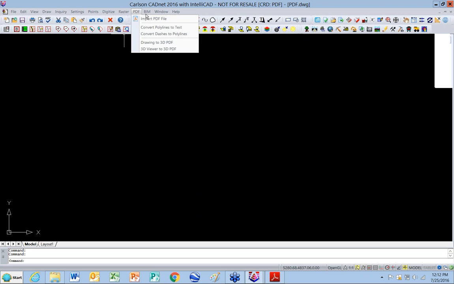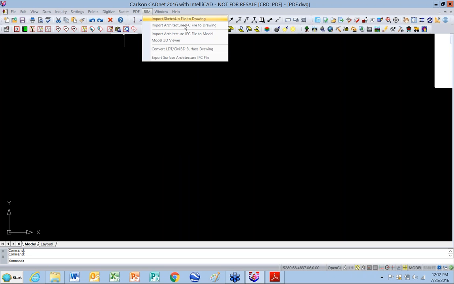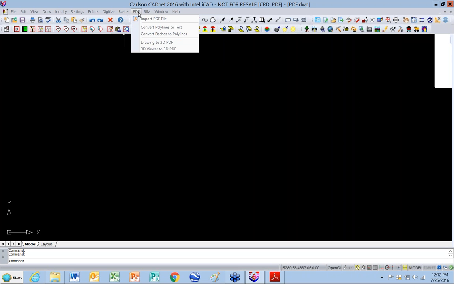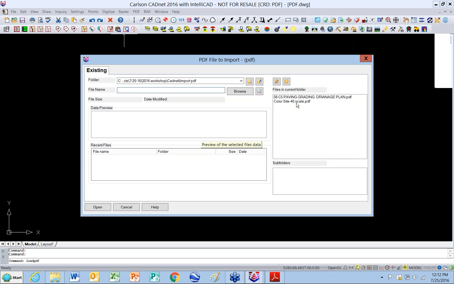And then we have the BIM part, which is SketchUp. We got architectural IFC files. We've got some convert files in there. And that would be within another webinar. So what I want to do right now is import a PDF file. So I'll pick import PDF file, and I'm going to pick this 40 scale drawing